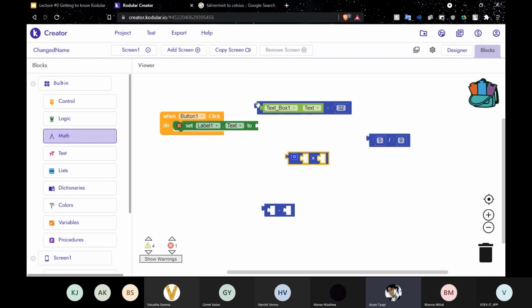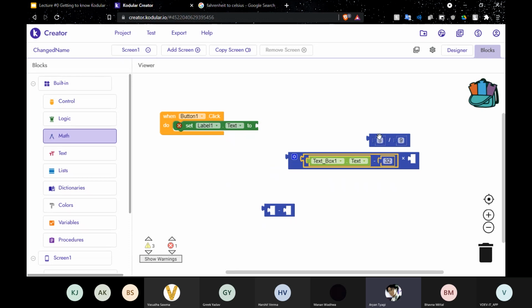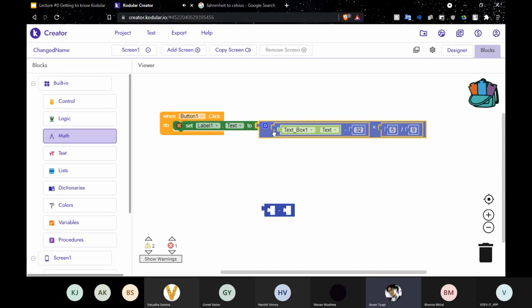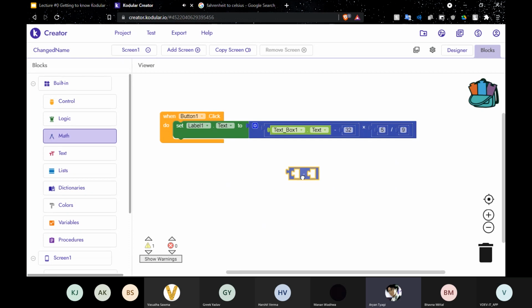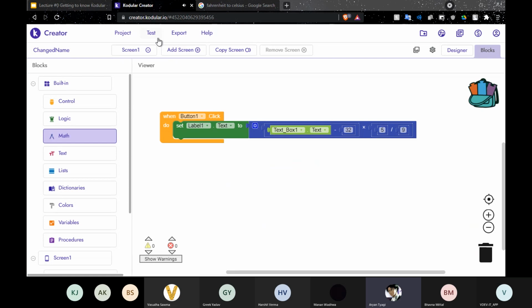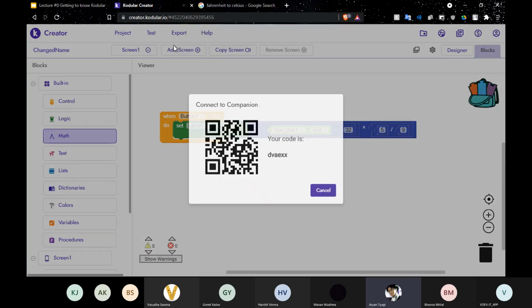उसके बाद लास्ट में हमें इन दोनों को आपस में मल्टीप्लाई करना है। तो हमने इसको इधर डाला और इसको इधर डाला और ये मल्टीप्लाई हो गया। और हमने फिर इस पूरे को टेक्स्ट बॉक्स डॉट टेक्स्ट में डाल दिया, तो ये ऑटोमेटिकली सारा कैलकुलेट करके टेक्स्ट बॉक्स में इनपुट कर देगा। अब अगर मैं इसको टेस्ट करता हूँ, तो मैं टेस्ट में जाऊँगा, फिर कनेक्ट टू कंपेनियन करता हूँ।